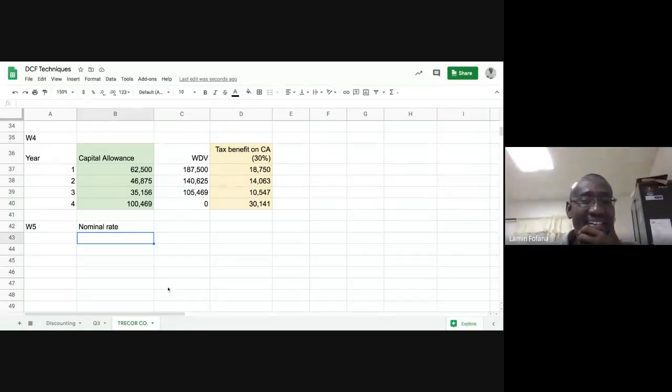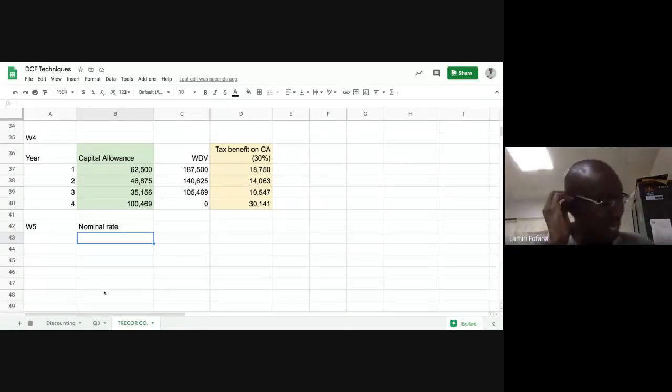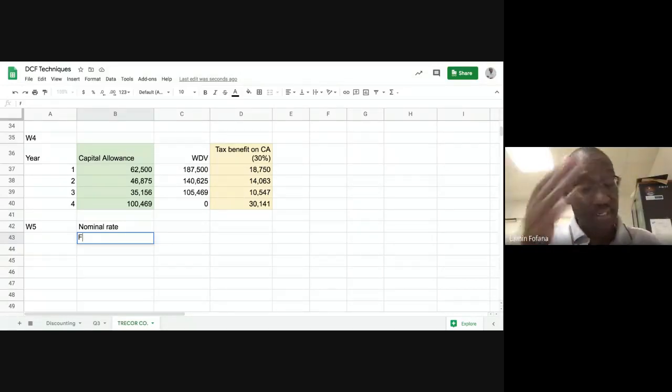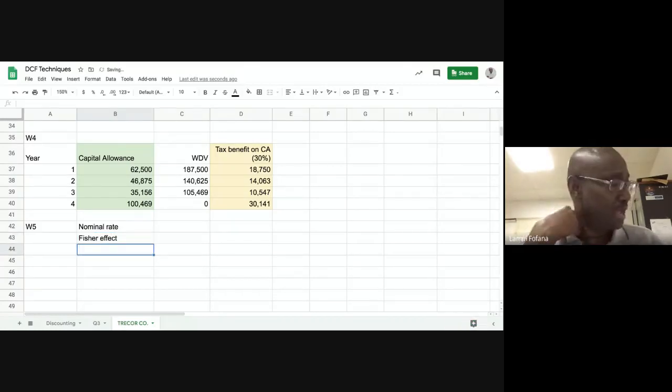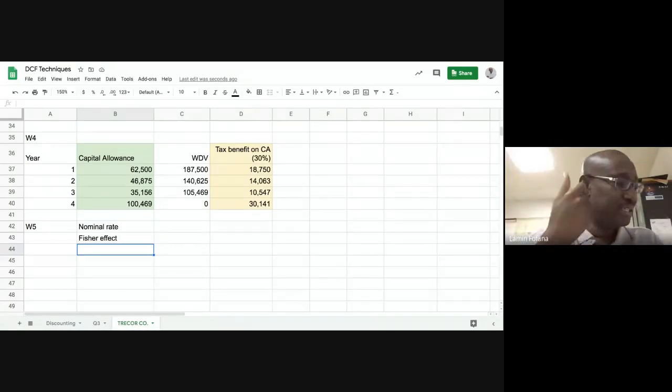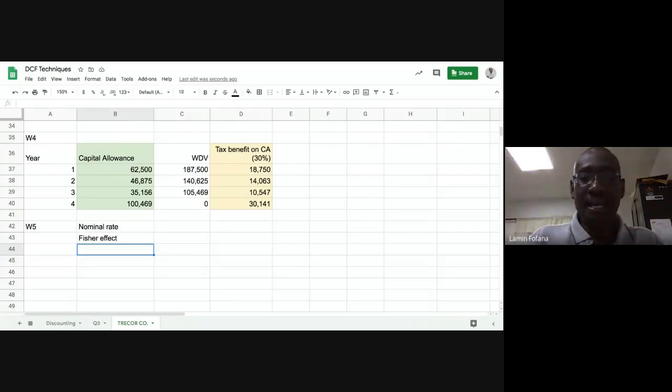Yes. Okay, so let's do the Fisher effect. We call it the Fisher effect. This was developed by a scientist called Sir Irving Fisher. So what the Fisher effect says is